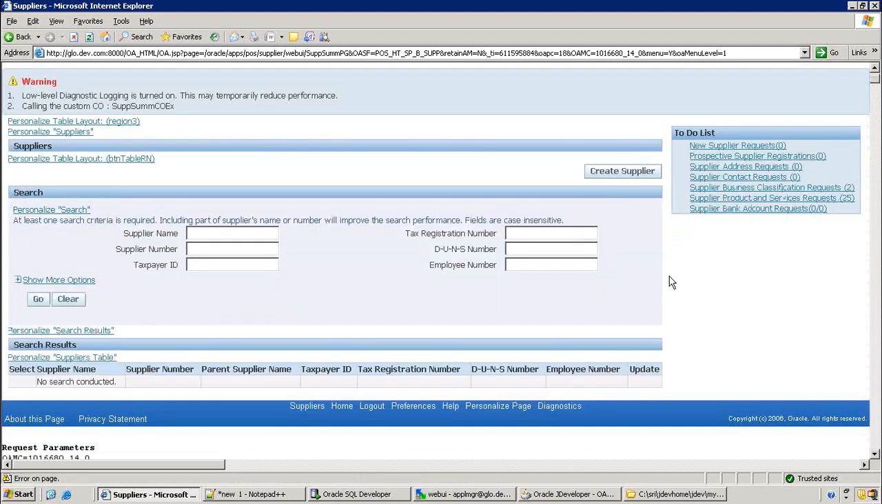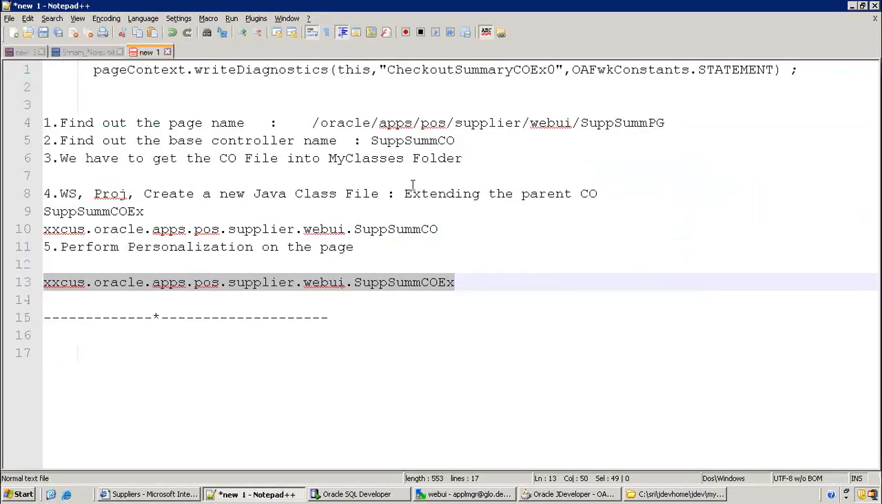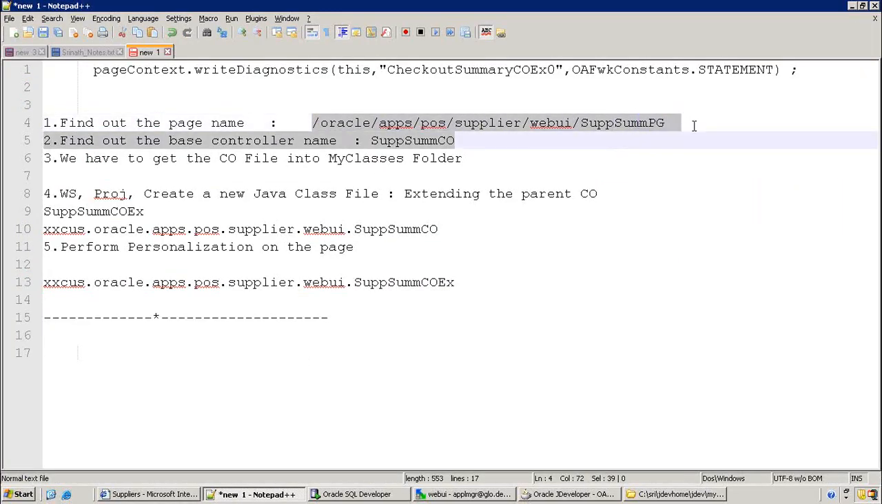But how do you identify what is the button event? You just need to handle the button event, right? Now there are different ways. One way is, first of all, you just get the page name, right? Once you know the page name, it's very easy to get the component information also. And one more thing,